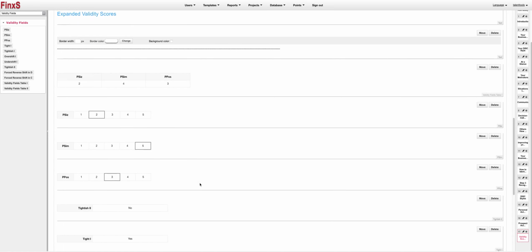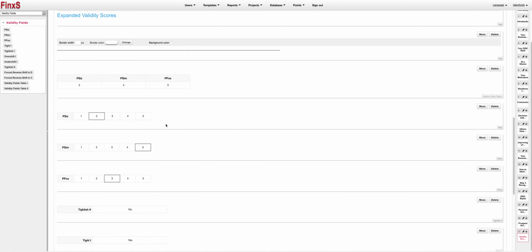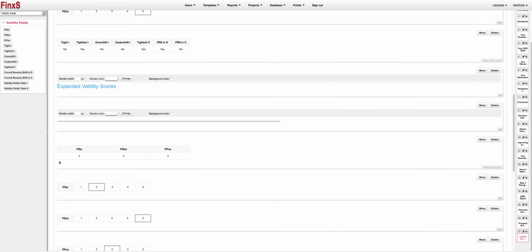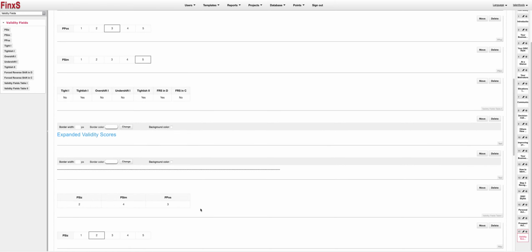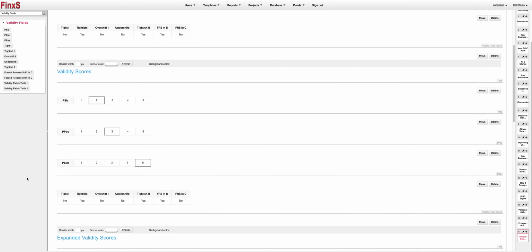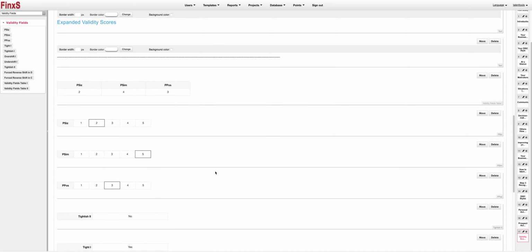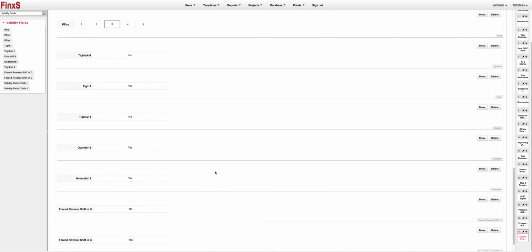And so now we've got what I would refer to as the expanded validity scores. We've got all of the information there in all the different ways that we can look at it. So this is that top part that we looked at in that first one in the summary, and then this one here, by dragging in these ones underneath, from here I've just dragged them over, and this is that information sitting on underneath each